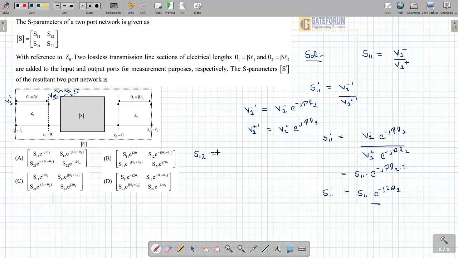S12 in general is V1 minus upon V2 plus, right? So that is the thing which S12 will be. Now S12 dash will be given by V1 minus dash on V2 plus dash. Now V1 minus dash